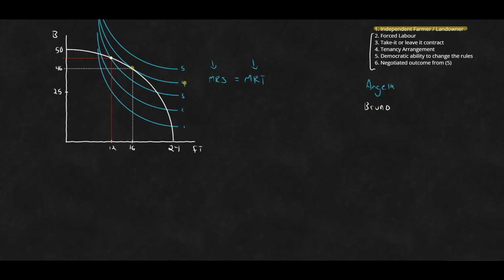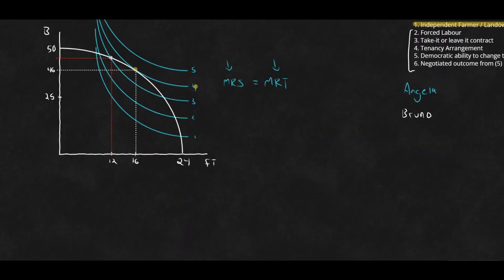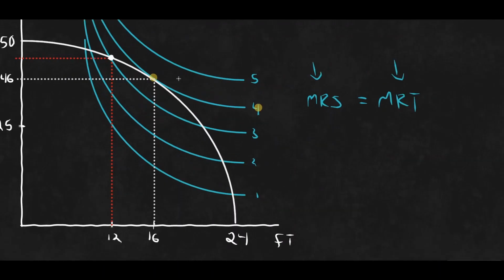Well, what we see at this point is that she has, let's just zoom in here, and I'll have to zoom back out later. Okay, at this point, she has her marginal rate of transformation, which I'll do in a white line.